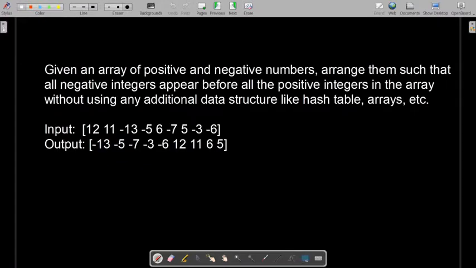So, the question says that given an array of positive and negative numbers, arrange them such that all negative integers appear before all the positive integers in the array without using any additional data structure like hash table, arrays, etc. It says that we have an array of positive and negative integers and we have to arrange it in such a way that all the positive elements are segregated to the right side and all the negative elements are segregated in